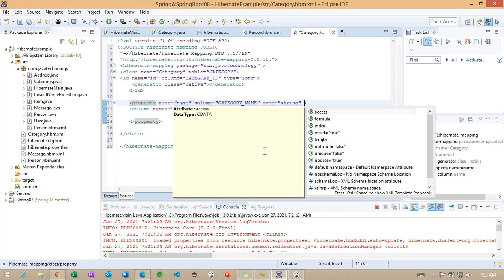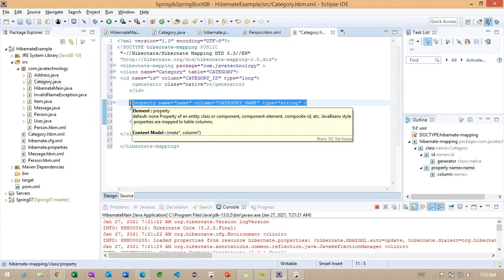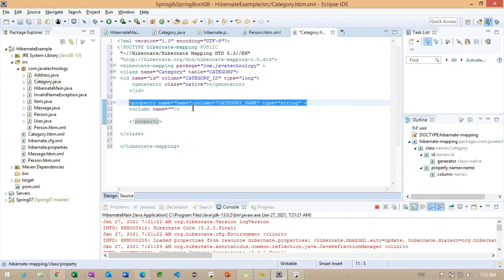Getting the point? So these are the extra properties available on each property. Whenever there is a requirement, based on the requirement, we can make the extra properties here. Okay, so this is all about the property level information, and along with this we have identified that instead of the configuration XML, we can work on the property file. Okay, now we will see how we can work on the association here.